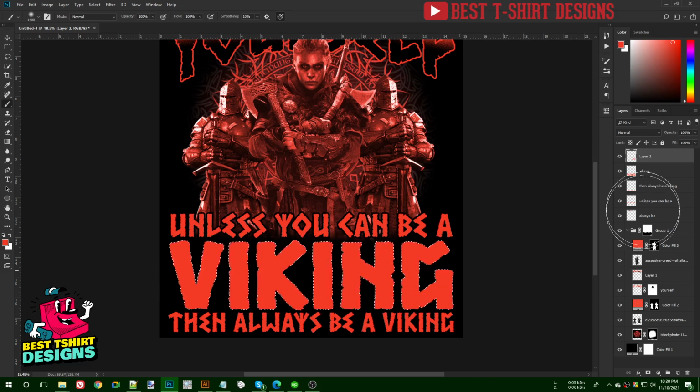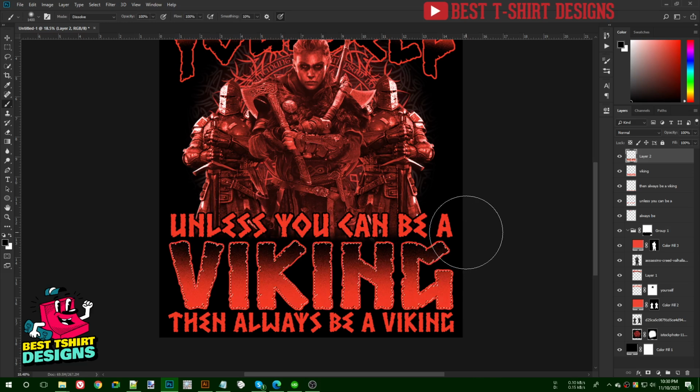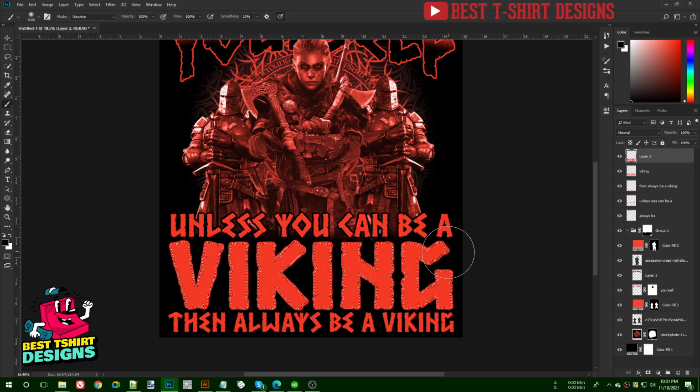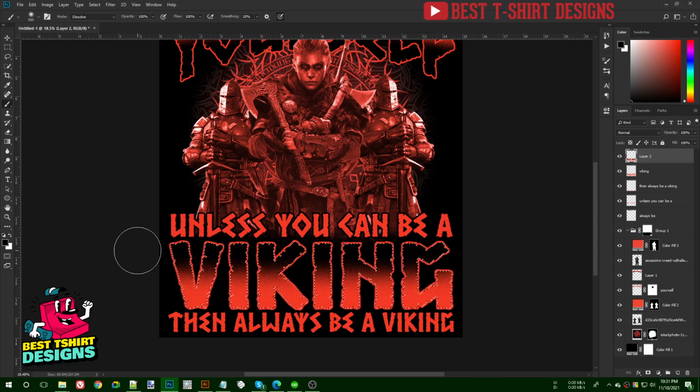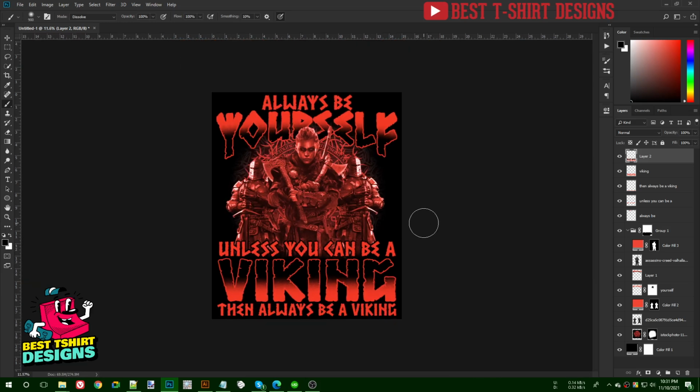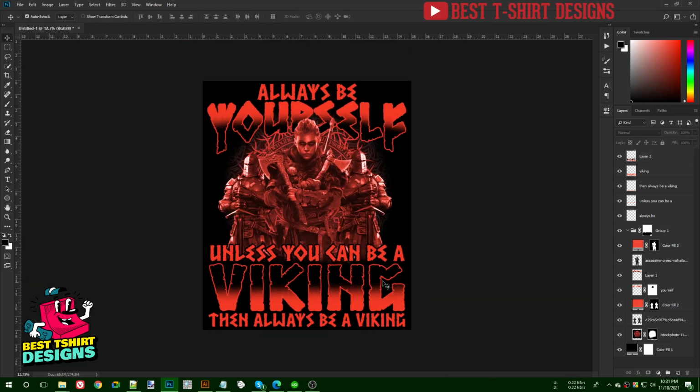And then again I am going to Ctrl click on this layer. This is going to make that original selection, and with that layer selected I am going to change the color to black, again changing to Dissolve, so that I can paint in like this, not that much bigger in size, something smaller. Okay, so something like this, and this is how it is looking. Don't worry about that. And this is how this effect is created.